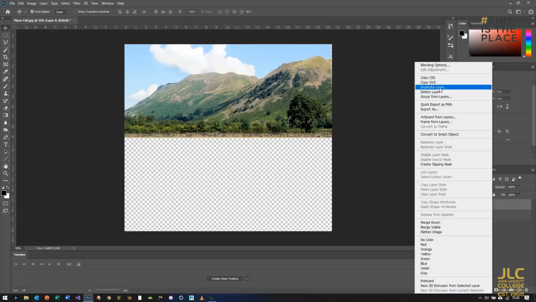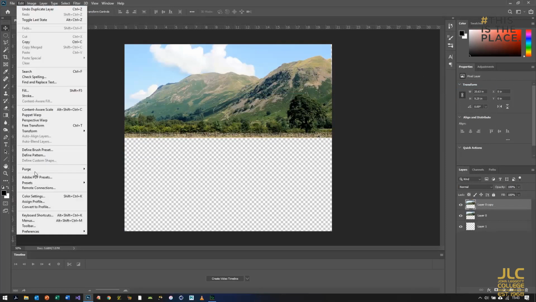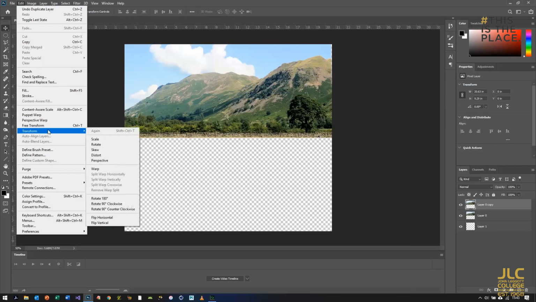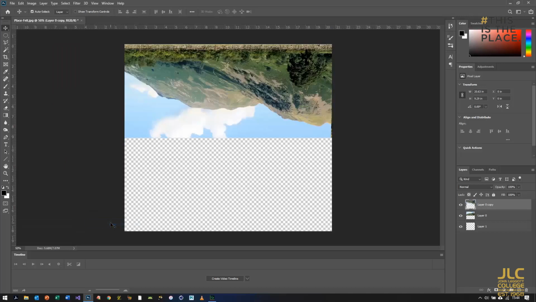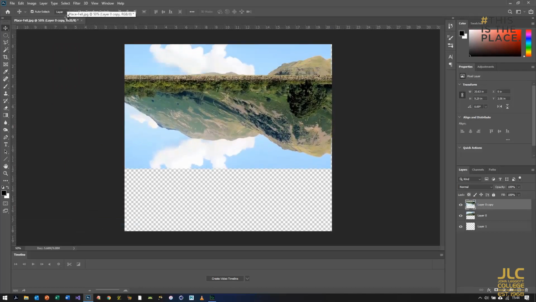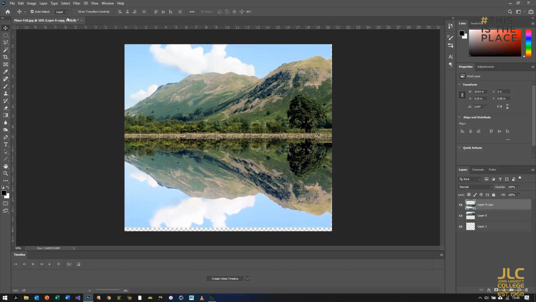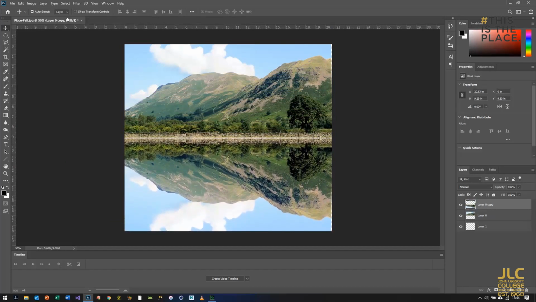We then duplicate our image of the mountains, go to image, transform, flip vertical, and use the cursors to come down and make those two images roughly there. Okay, so now we've got our mirror image, we can start to look at